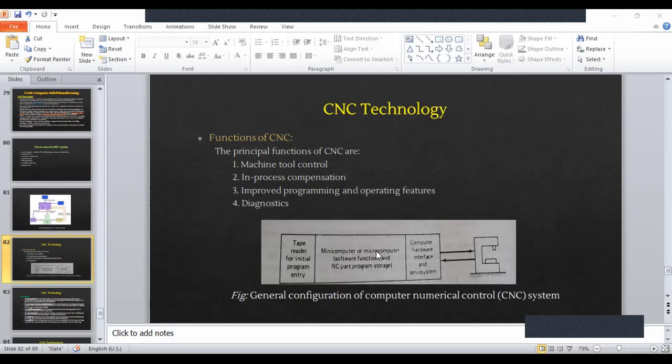To be able to execute all of that, you have to have programs written, as we discussed. So software functions and computer hardware interface and servo system. So basically the hardware interface, right? All those servo motors and lead screws, etc.